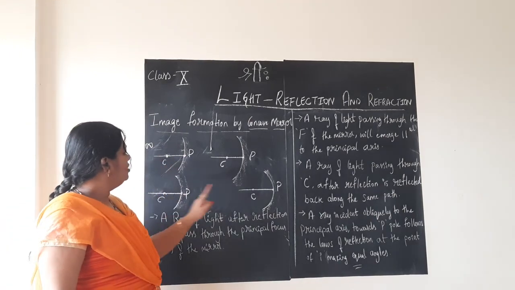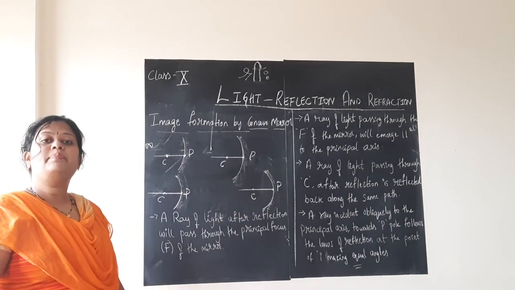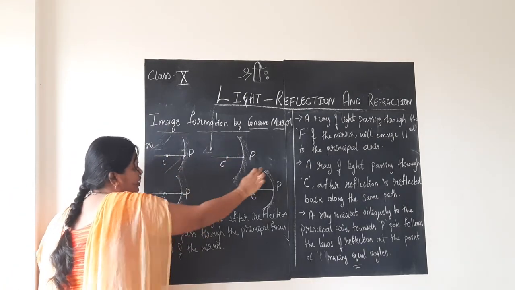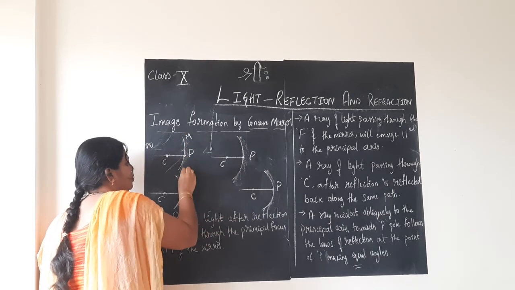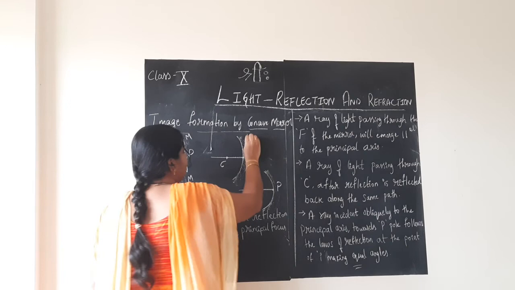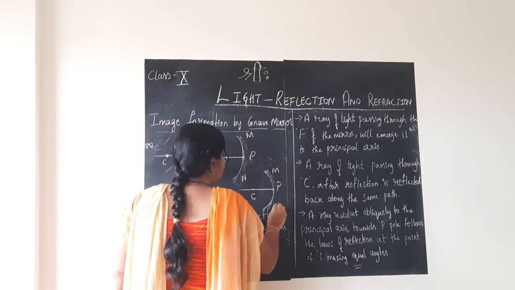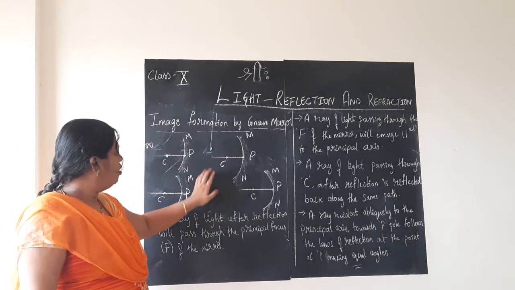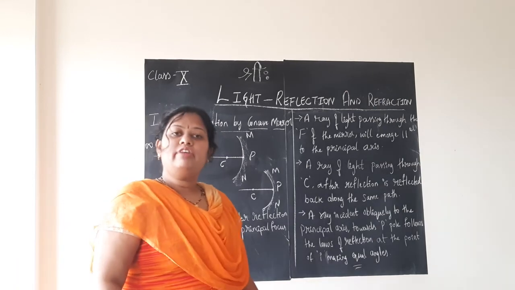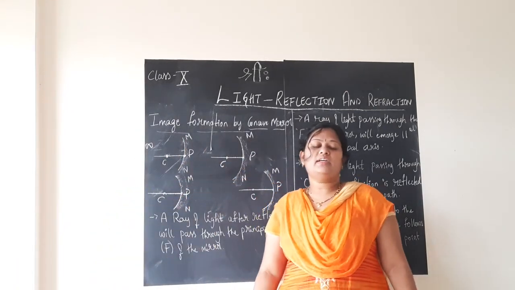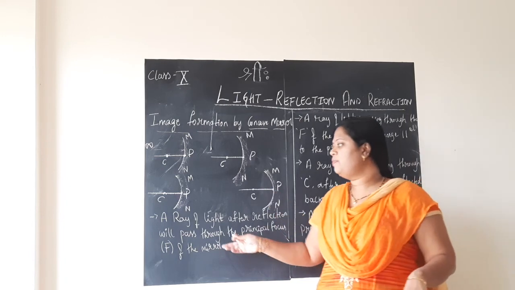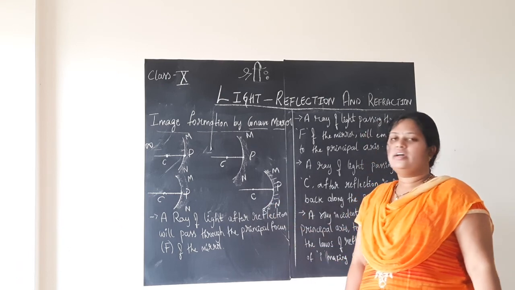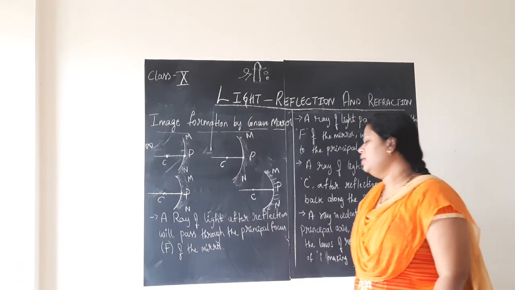The line passing through the pole is called the principal axis, and the surface area of the mirror which is available for this process of reflection of light is called the aperture. That is nothing but the area of the mirror, you can say. And if you observe in all the 4 figures, the outer part I have shaded. Why? We know that in case of mirror, one of the parts is silvered or polished. That we are going to represent either by shading or by drawing lines. This way also you can show the polished surface. It is not a problem.